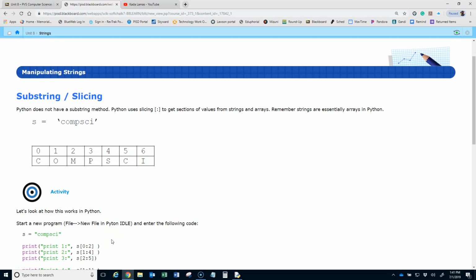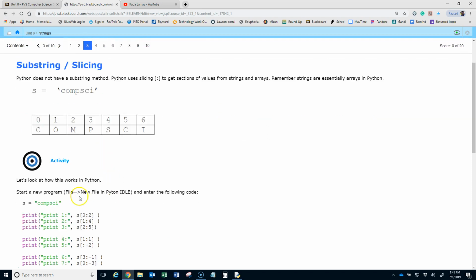All right, in this video, we're going to look at manipulating strings. Now, Python does not have a substring method, but it does use slicing to get sections of values from strings and arrays. Remember, strings are essentially an array in Python. So if we have our s equals comp sci, and we use any of these substrings or slicing tools down here, we can get parts of comp sci